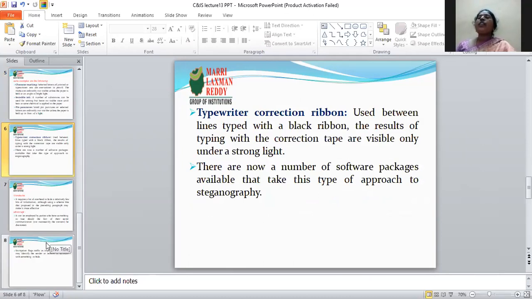There are now a number of software packages available that take this type of approach to steganography. Here are some examples of software packages available, showing how to make the data, the cipher text, visible. Thank you.